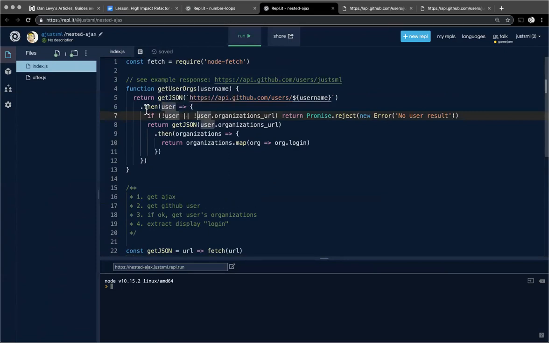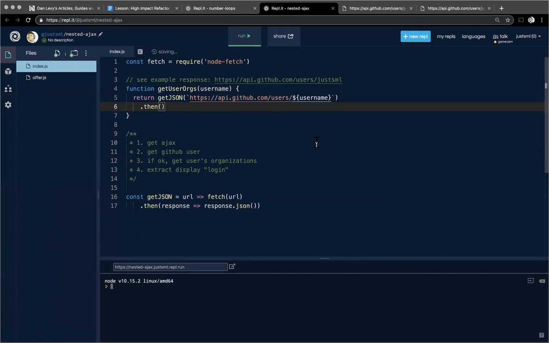So with this inner method here, we've got this function that accepts a user from our users API request, and we want to extract that out. I'm going to cut that out,